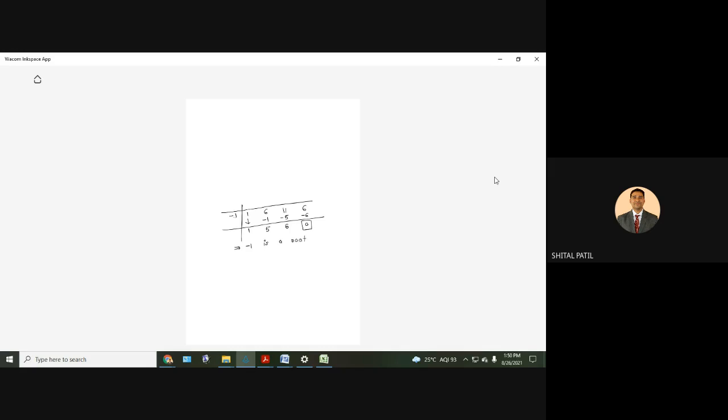Now once one root is obtained from the cubic equation, we get a quadratic equation. These are the coefficients of the quadratic equation: 1 is the coefficient of d square, 5 is the coefficient of d, and 6 is the constant term. So it is (d plus 2)(d plus 3). From here we get d equal to minus 2 and minus 3. So in all, the 3 roots required are minus 3, minus 2, and minus 1. Real and unrepeated roots. I have written them in ascending order.